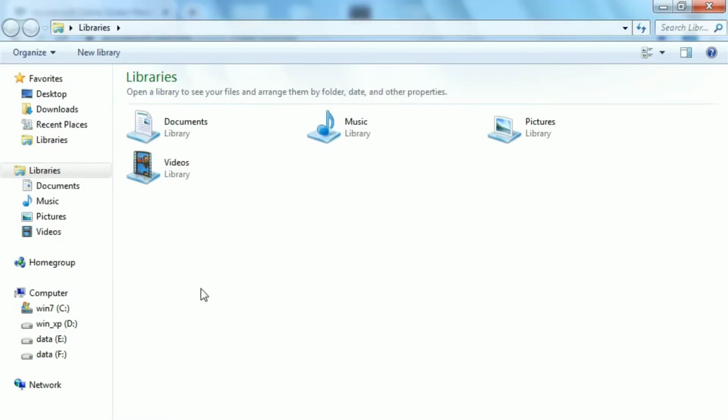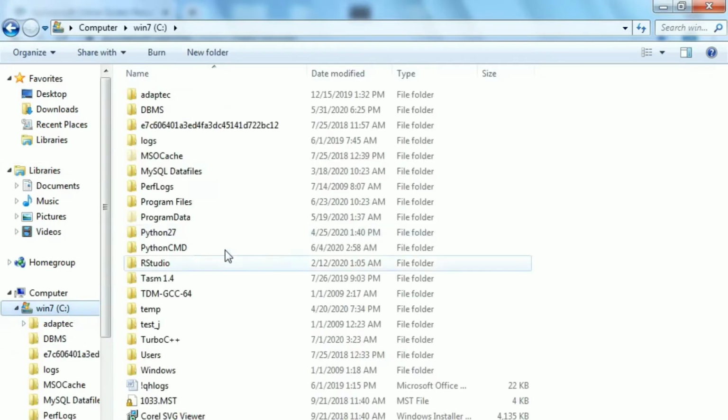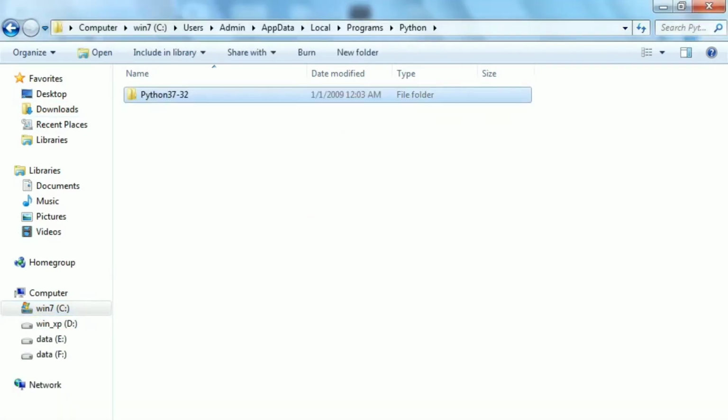Firstly, open the folder where you have your Python downloaded, such as Python 37 or 27 or any folder as such. You will probably find it in your C drive and probably in downloads or something like that. So let me just open up where I have saved my Python folder.